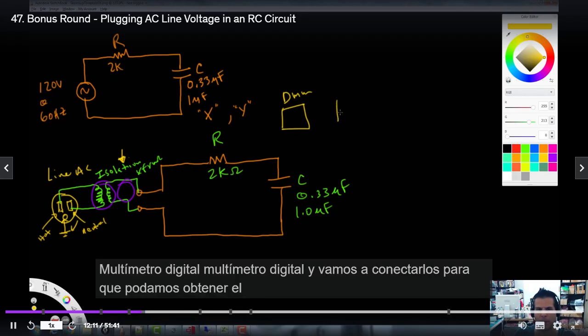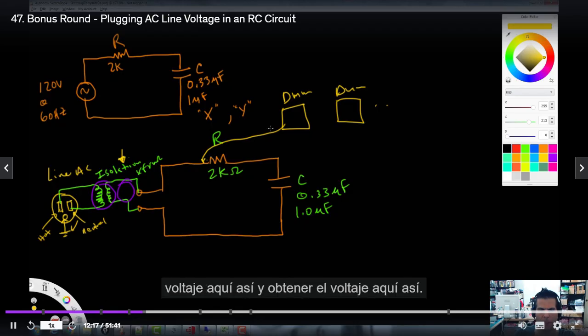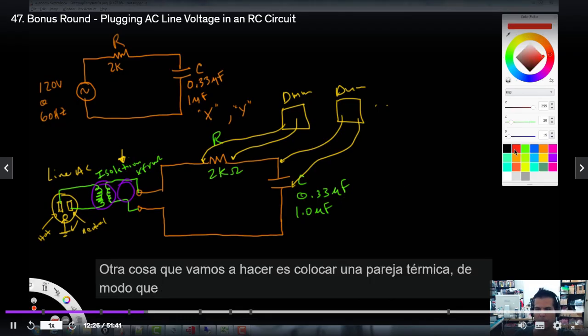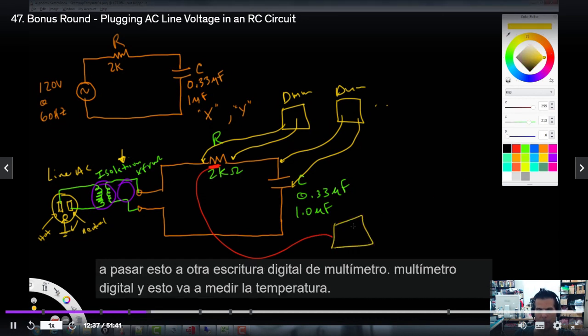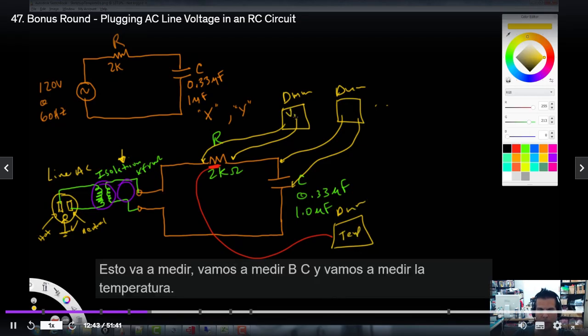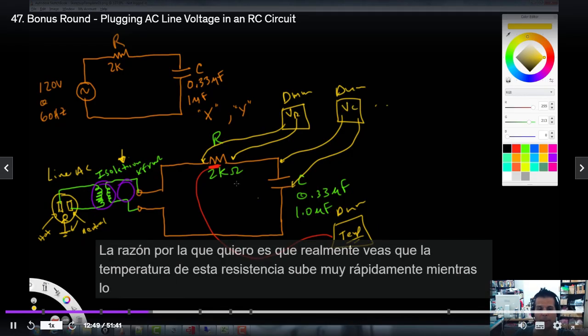Digital multimeter. We're going to hook these up so that we can get the voltage here, and the voltage here. Another thing we're going to do is put a thermocouple. We're going to make contact here with the thermocouple, and run this over to another digital multimeter, and this is going to measure temperature. So this is going to measure VR, this is going to measure VC, and we're going to measure temperature. The reason is I want you to actually see the temperature of this resistor go up very quickly